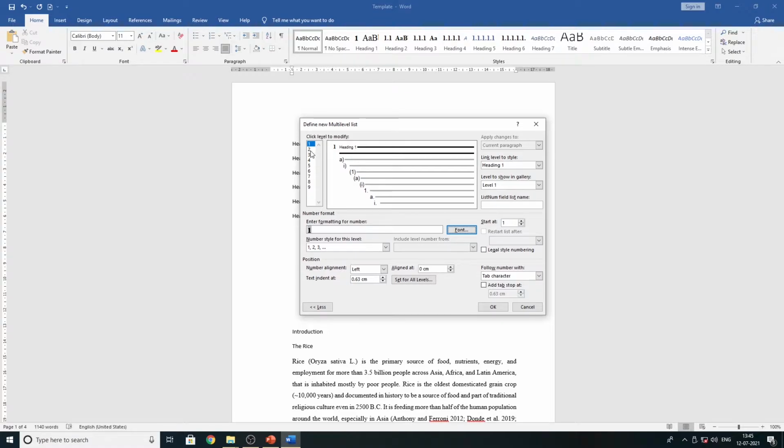So I click on the second heading style, click on 2. This is the second heading style. Here it's mentioning A, and I don't want that one, so I'm going to change that to numeric one, and this numeric also changes. I'm going to change this one here. I don't want this bracket. Then I'm moving to the left side before that one. Okay, then I'm going to select include level number from, and select level 1. One is added. I'm going to put a dot over there. Okay, 1.1. This is heading number 2, right?